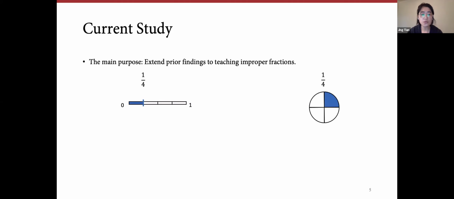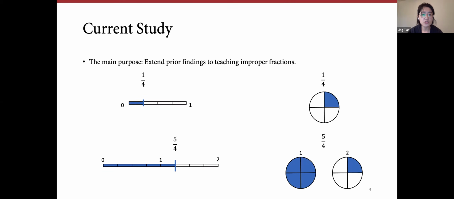So in the current study, we were hoping to extend these prior findings on the advantage of the number line over area model to teaching improper fractions. So to represent improper fractions, if you want to do that on a number line, you only need to extend the line beyond 1. It still remains to be in the same model. However, if you want to do so on an area model, you need to draw a separate identical area model just as the first whole. So we think there are reasons to believe that the number line will also be more effective in teaching improper